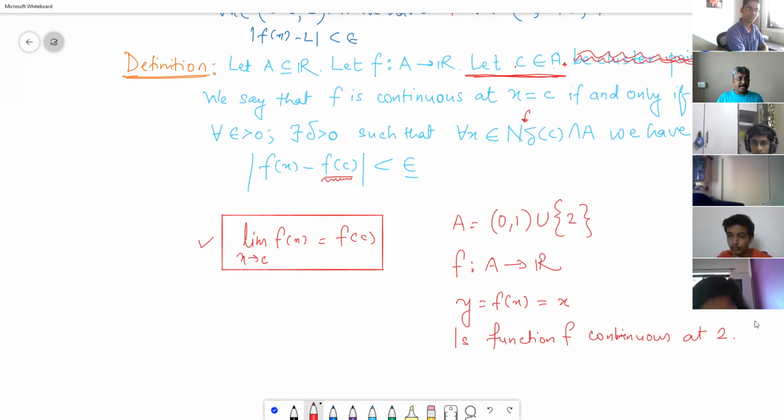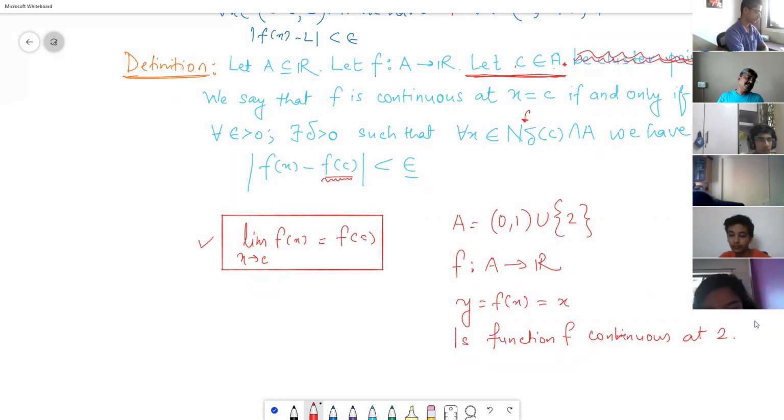There is nobody to challenge it not being a subset, because if I want to say A is not a subset of B, then I must have an element in A which is not an element of B. But because the empty set did not have any element, we had to accept that the empty set is a subset of any set. Similarly, now here, as far as continuity of the function at an isolated point is concerned,